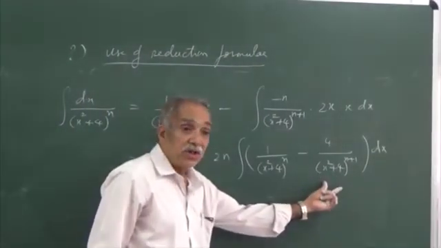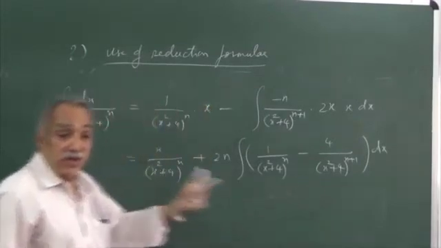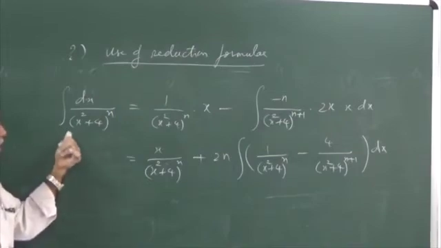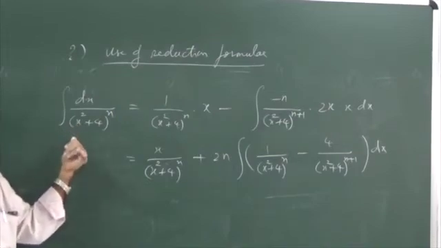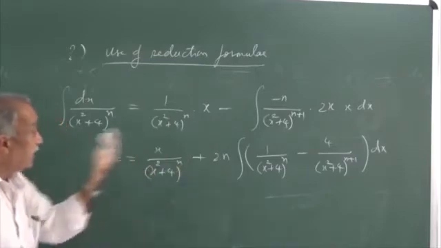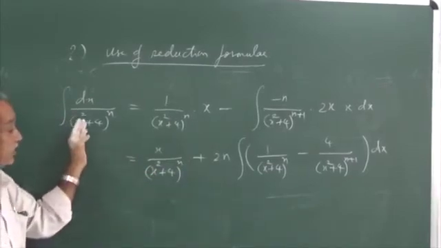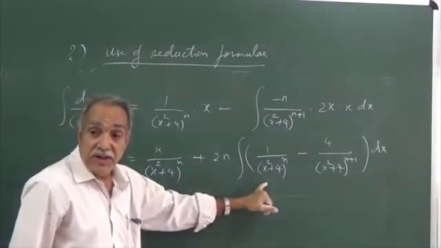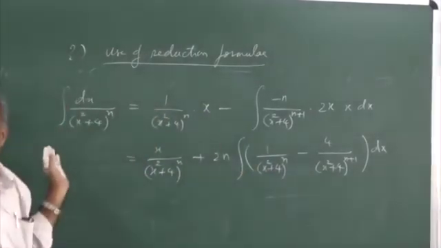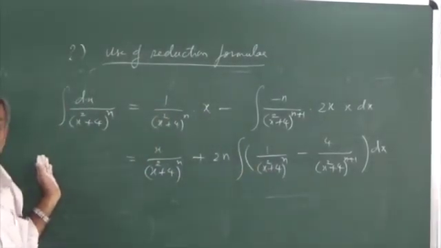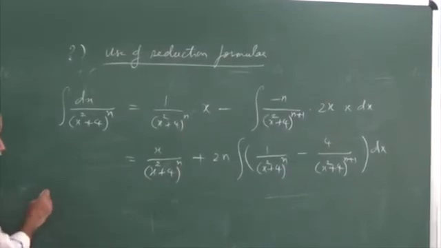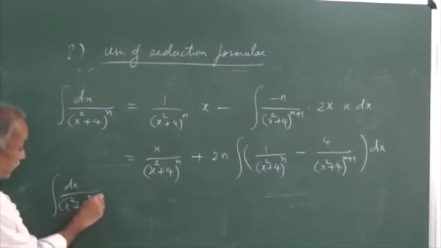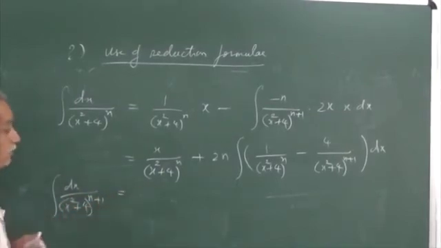Notice that the last term on the right hand side is of the same form with which we started our exercise. No, not of the same form, but of a higher degree: same form, higher degree. I will shift that term to this side and transfer this term to the other side, so that I can club this integral with this integral, and I will have a higher order integral of the same form on this side. As a result, I will have integral dx by x square plus 4 to the power n plus 1 equal to,